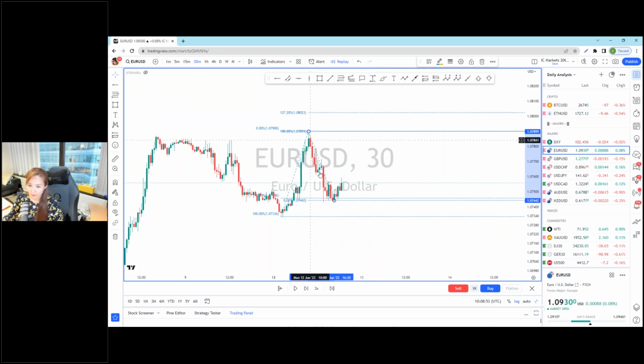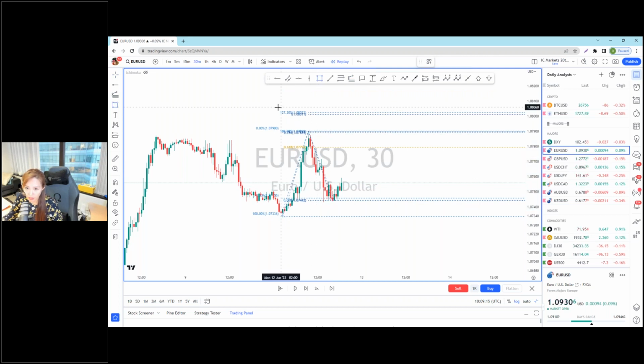Extension done. Then you want to find confluence. You know that there are already 3 points, which are 1, 2, 3 here. So you draw projection from here to here and here, and then you can see this is the level where you have a confluence zone, which is your TP target. Okay, let's see the price.